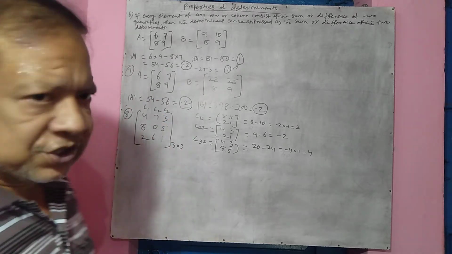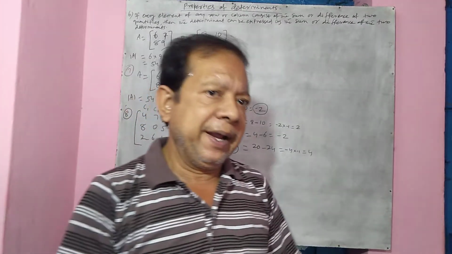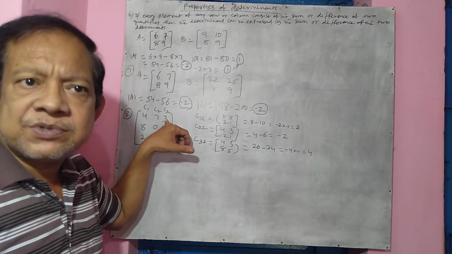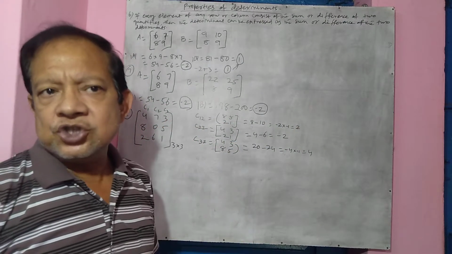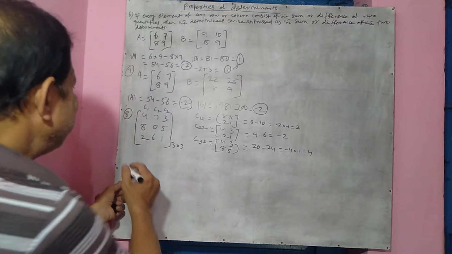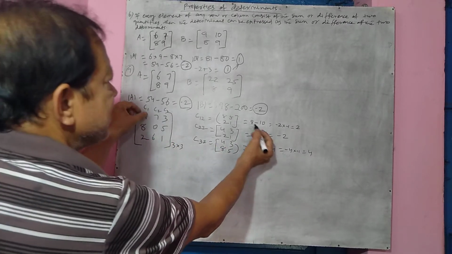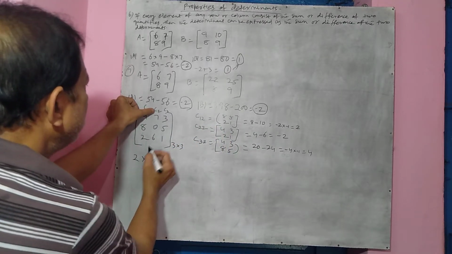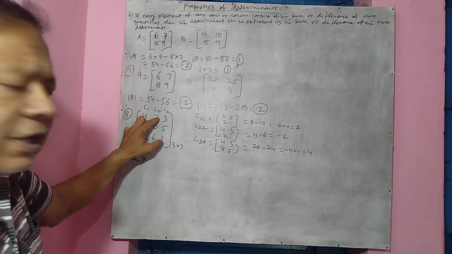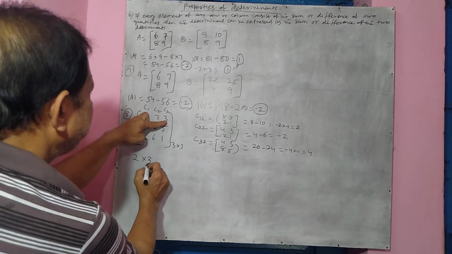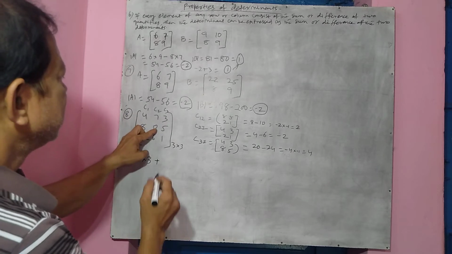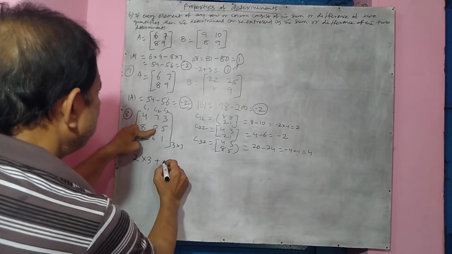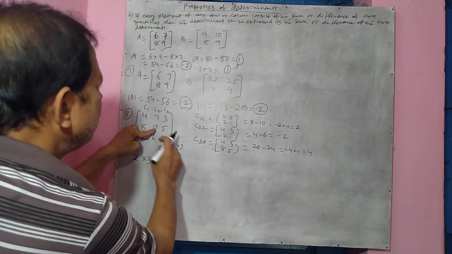Now the property says, if you multiply the cofactors with the corresponding elements of another column, then your addition becomes 0. Let's see what happens. First, C1 is 2, this is 2 into its corresponding element of the third column, which is 3, plus this cofactor is minus 2 into 5,